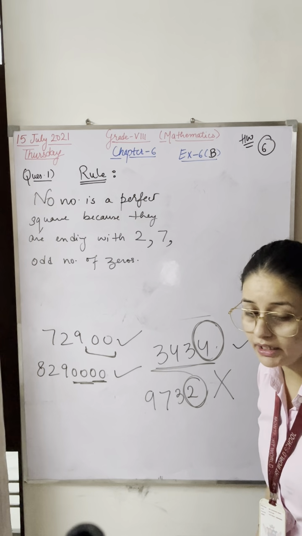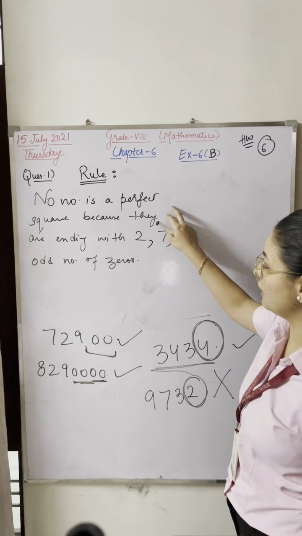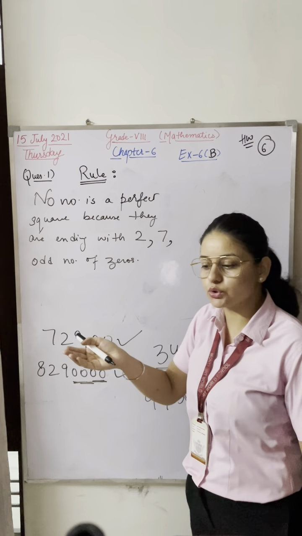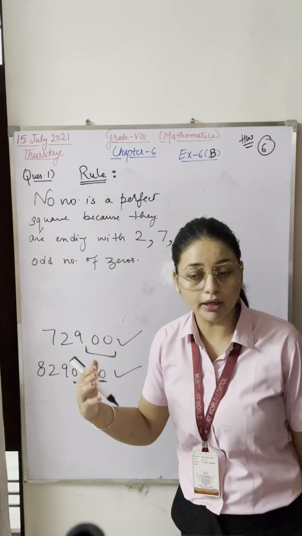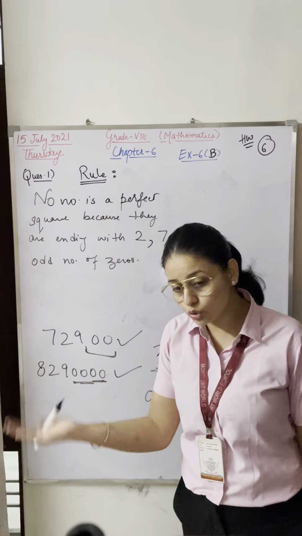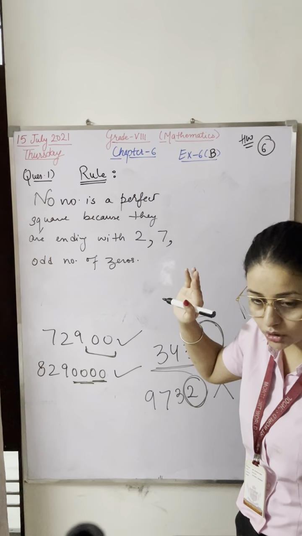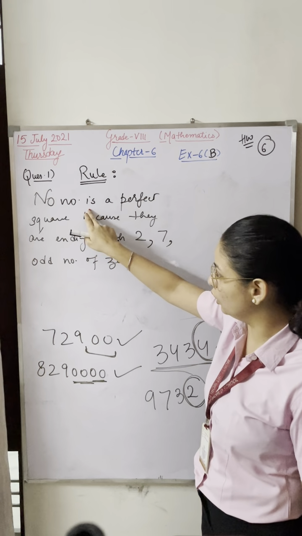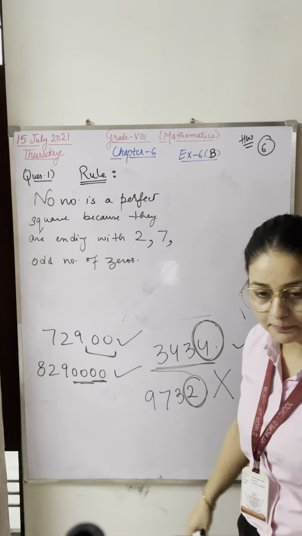No, Tushika, you can't mention it. Tushika is saying we can mention the rule number. No, in your book it is mentioned as rule number 1. Might be in some other books it is mentioned as rule number 2. Might be in some schools they are doing this as rule number 3. So there is no fixed sequence of rules. You just have to write down no and then give a reason. That's it. Okay.